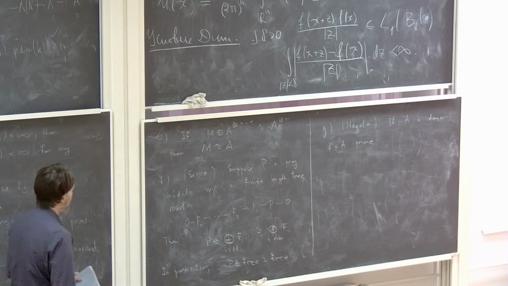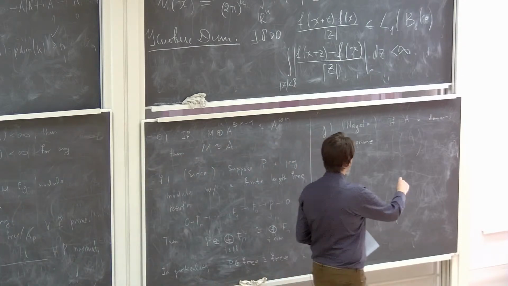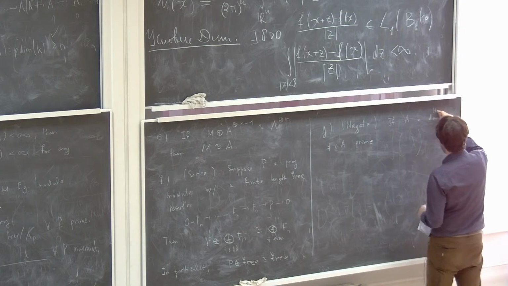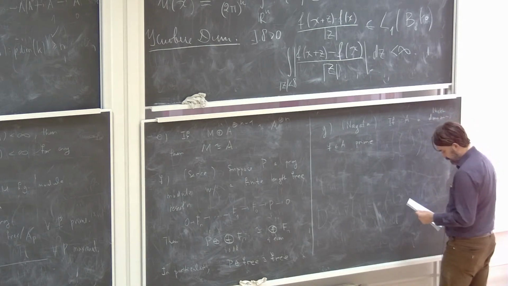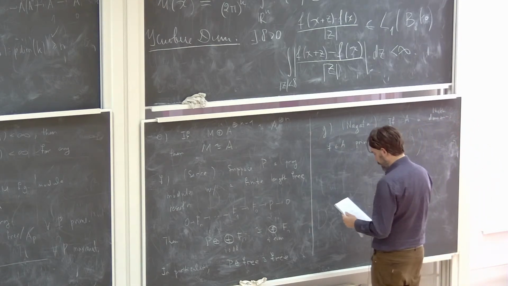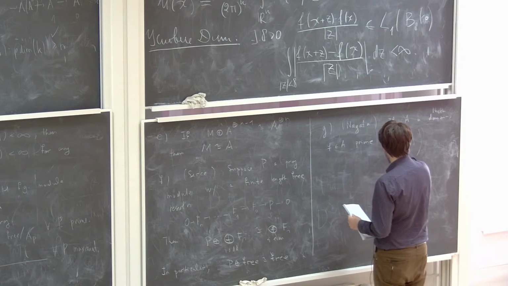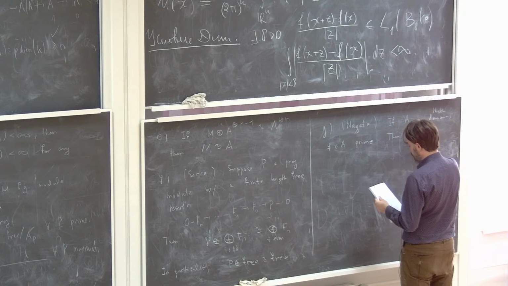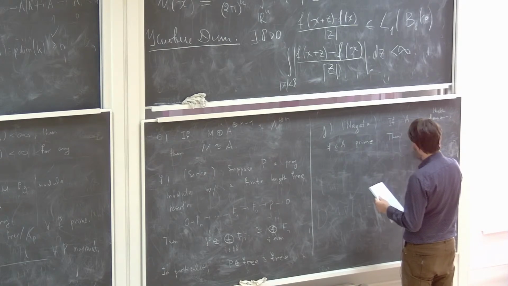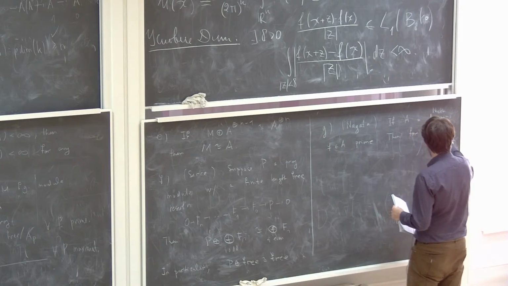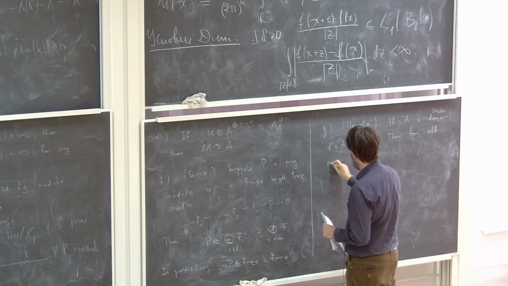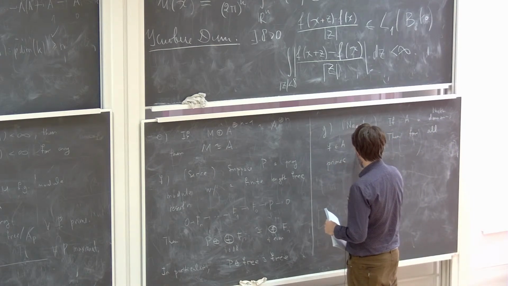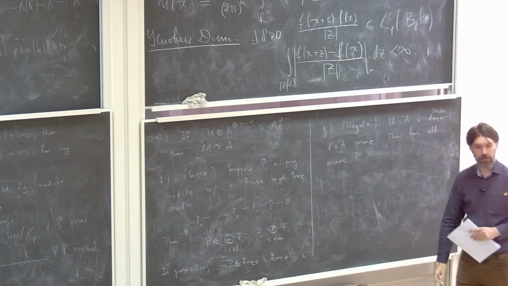I think part of it will need Noetherian, so let me just put in Noetherian anyway. Then for all primes P not containing F,